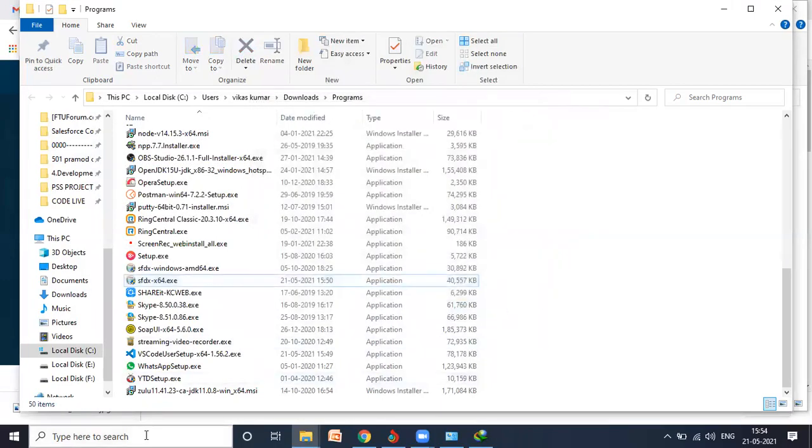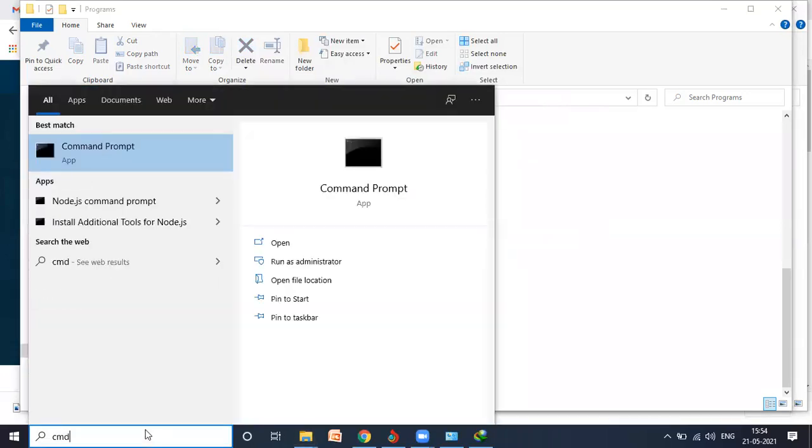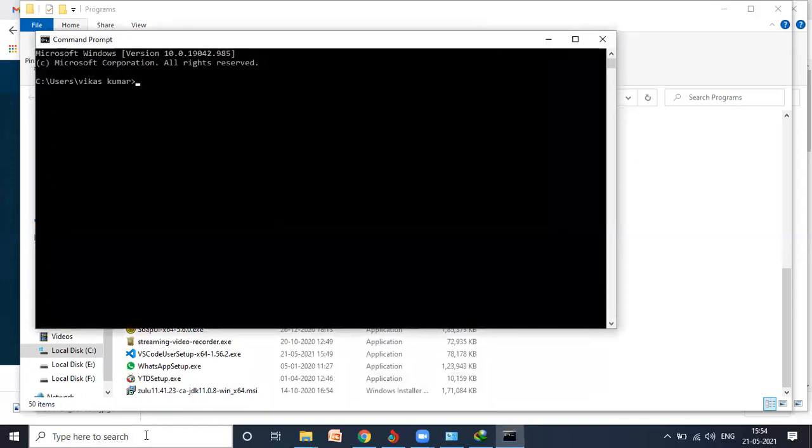Now type command prompt. So type cmd and hit enter. Now you just need to type the code sftx. This code will tell every detail whether this command line interface is installed or not. So hit enter. It will take a few seconds since it's a little heavy command. But once it shows, it will pop up every detail, like the Salesforce version, the terminal, and all details it contains.